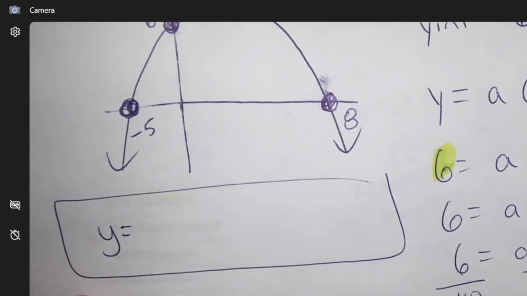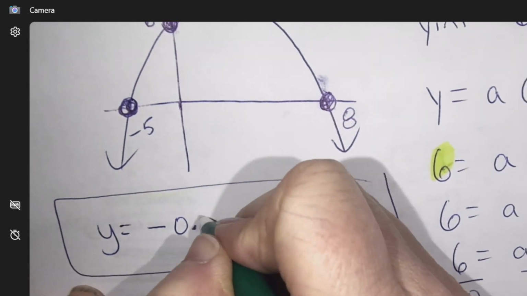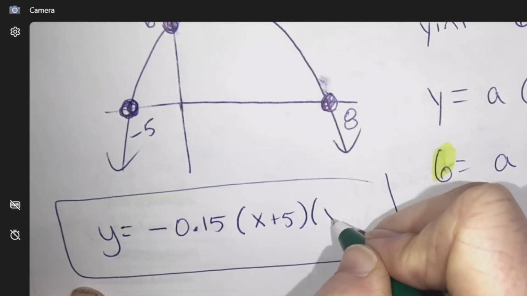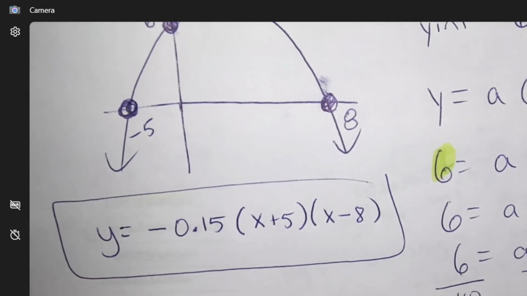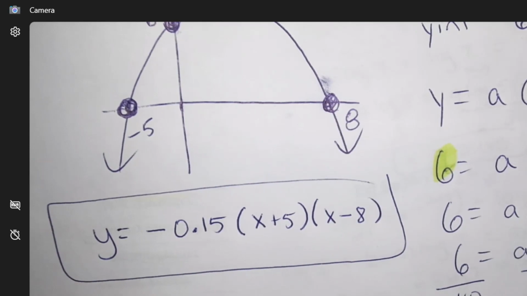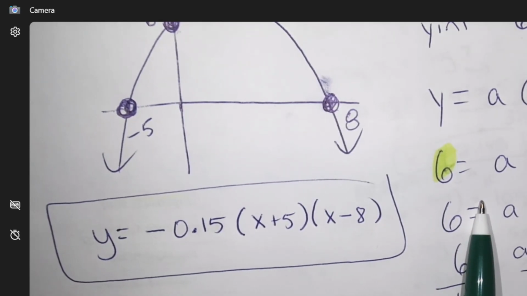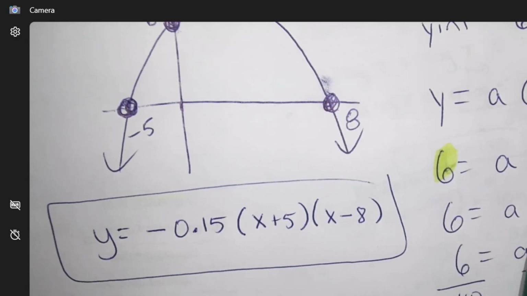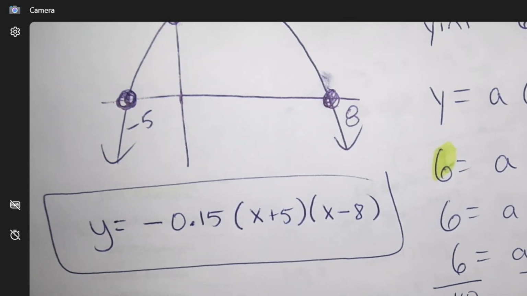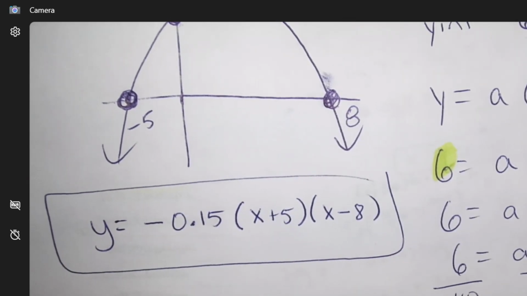Y equals, so now we have this negative 0.15. So we redo the equation, but when we do it, you know how I replaced all these highlighted things? Now I leave them open. Whatever I replaced here with the point, I now leave them open so that we can make a bunch of other points. Does that make sense? Because your equation will have a bunch of points. So you have to have them open. Okay, give me that. We're ready to go to our calculator. Y equals,